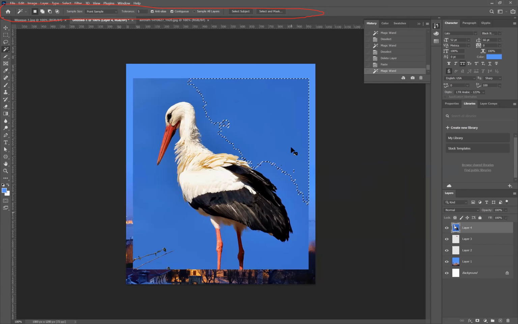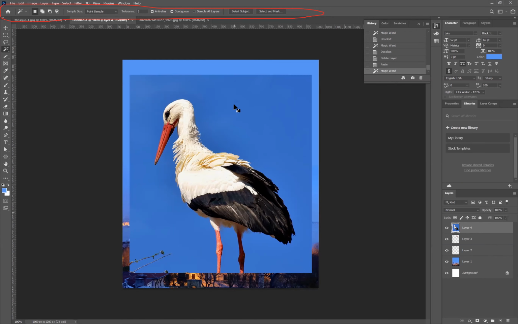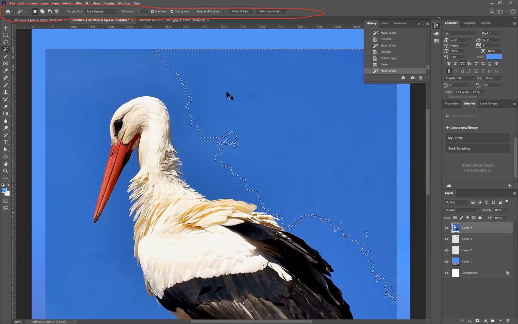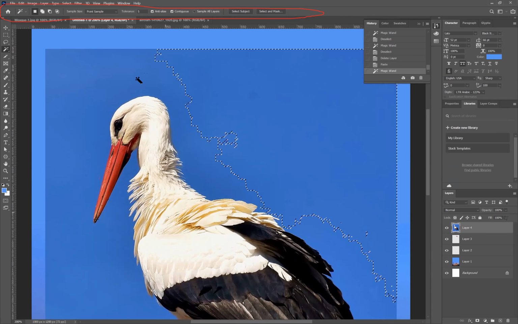Can you guess what happened just now? Lesser area got selected, because it is looking for a particular blue color. See, the whole area is a little lighter color compared to this area.